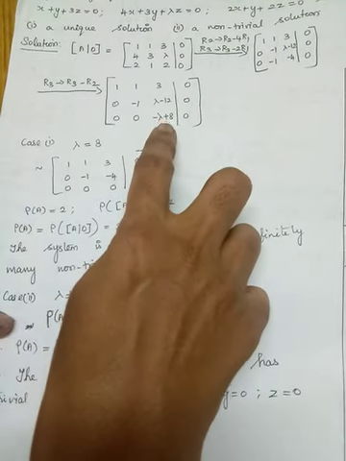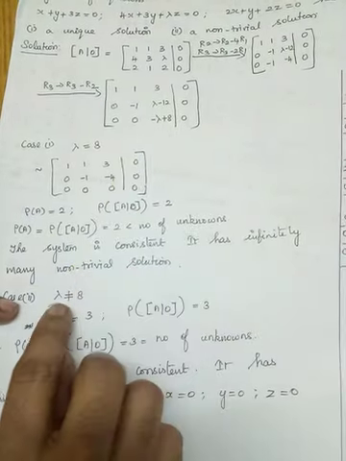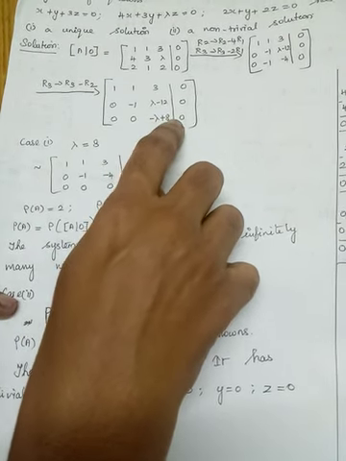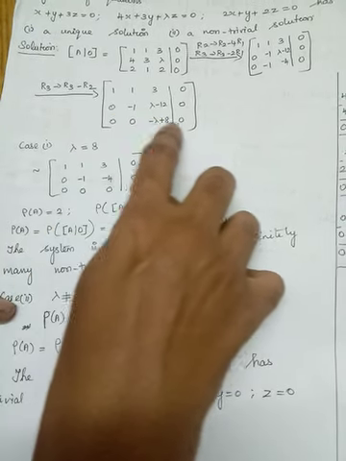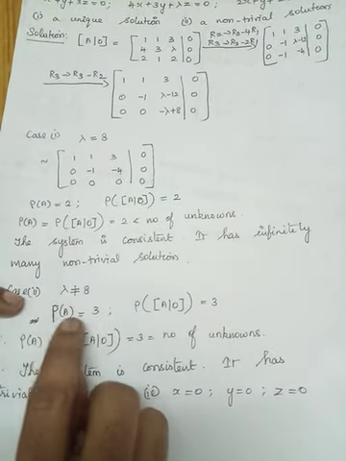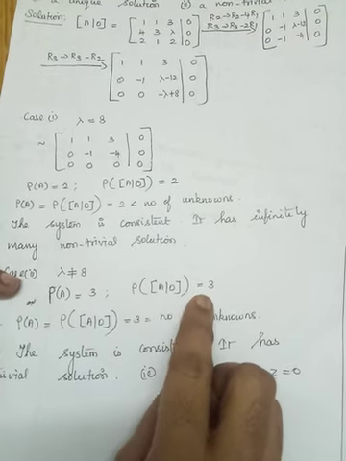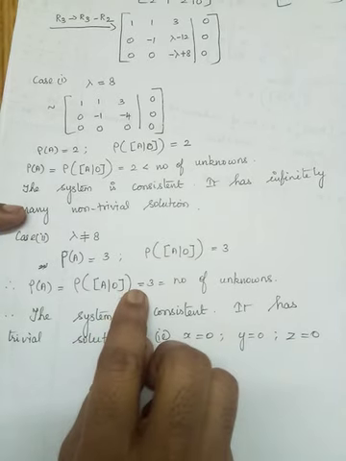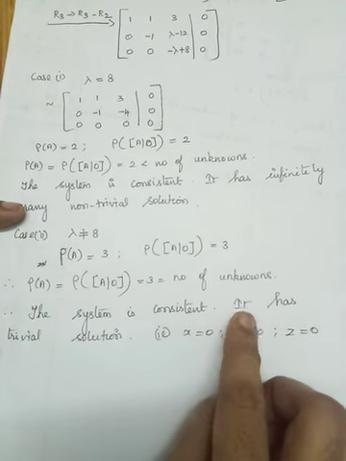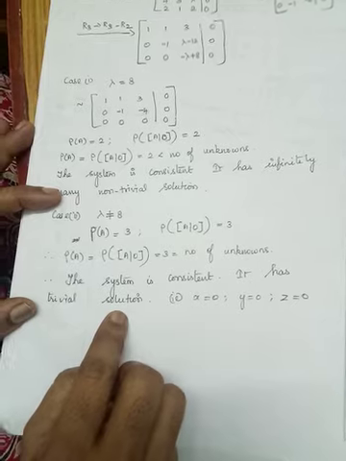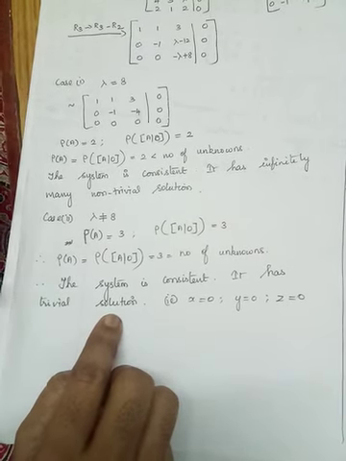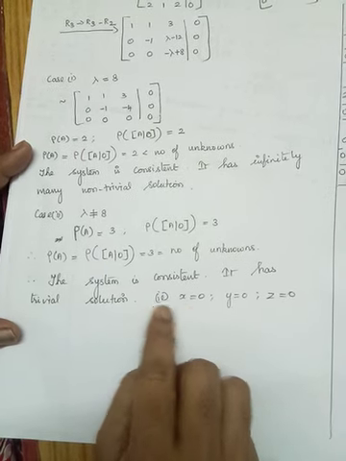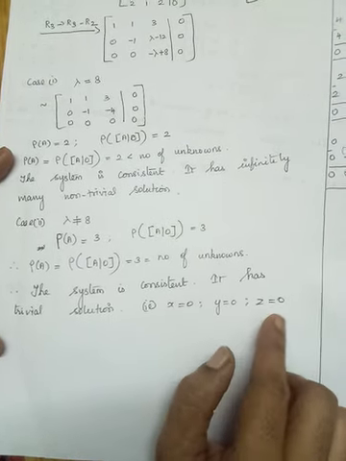Next, when lambda is not equal to 8, here you will have a number. So if we have a number here, the whole row is considered as a non-zero row. So rank of A is equal to 3 and rank of the augmented matrix is equal to 3. 3 is the number of unknowns. So all three being equal to 3 means the system is consistent. It has a trivial solution. So the unique solution in the homogeneous system is considered to be the trivial solution. Trivial solution means x equal to 0, y is equal to 0 and z is equal to 0.